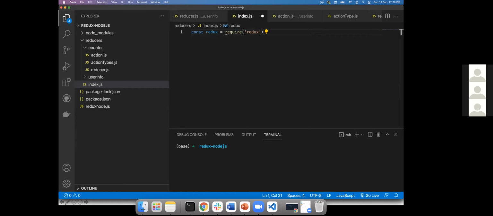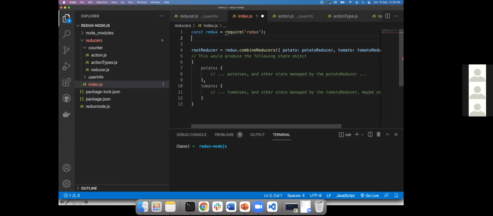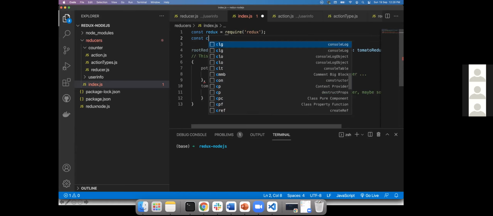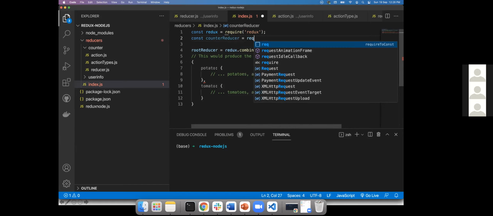Since we installed redux, it is there. So we can call redux dot combineReducers. Now we have to import the reducers we need. Const counter reducer is equal to require.